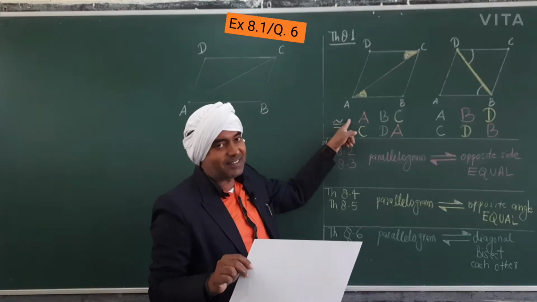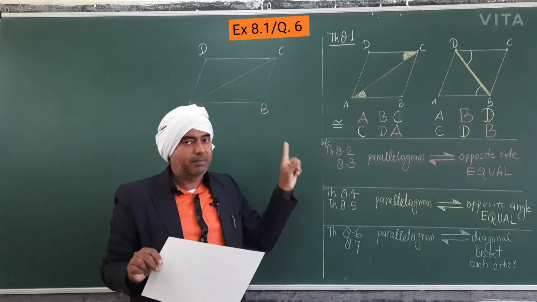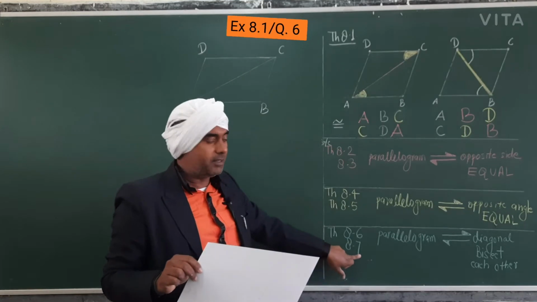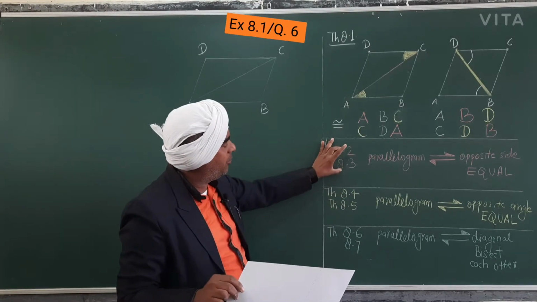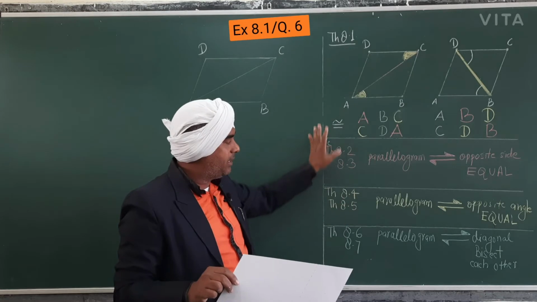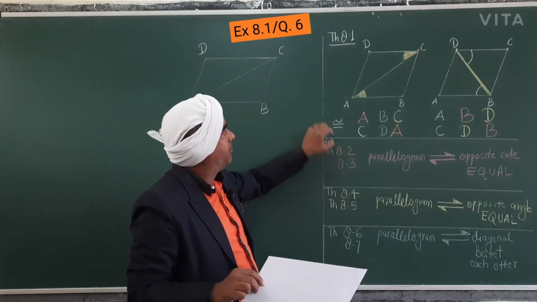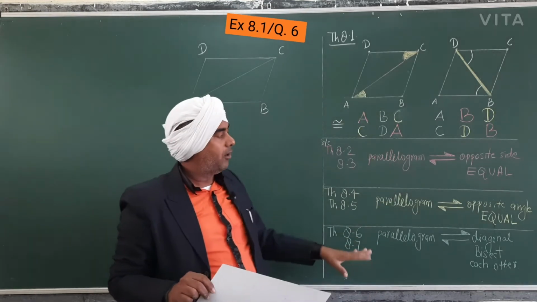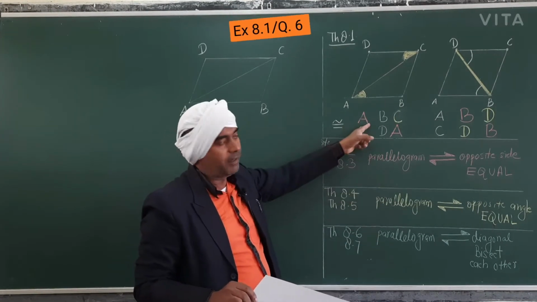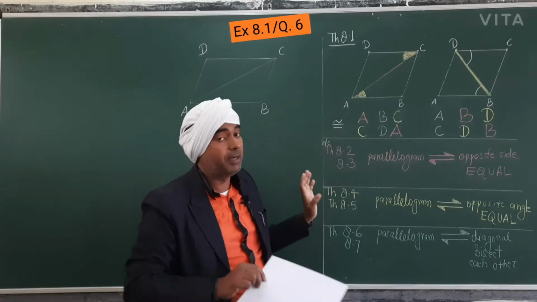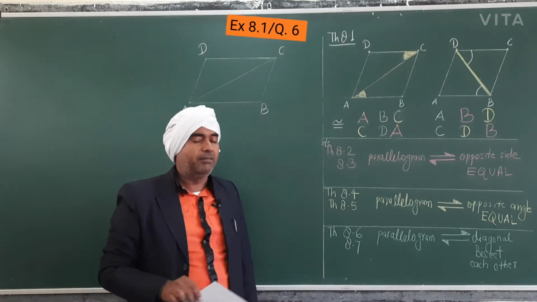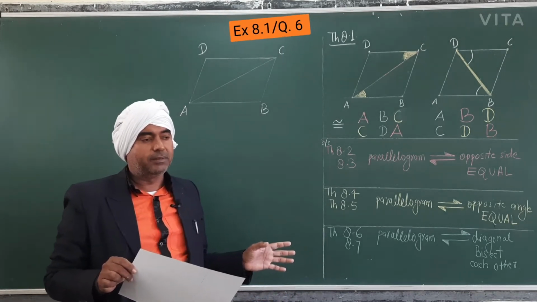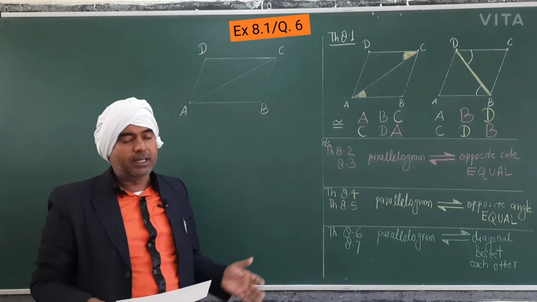In my concept video part 1, I have told you out of these 7 theorems, these are in groups 8.2, 8.3, 8.4, 8.5. These are mutually inverse to each other, but this one is unique. Why? This is the foundation of all these theorems. All these theorems will be proved with the help of this one. 8.1 is very important, and I have taught it in a very interesting way in my part 1 video. I think you will see, and part 2 also. The link is given in the description.